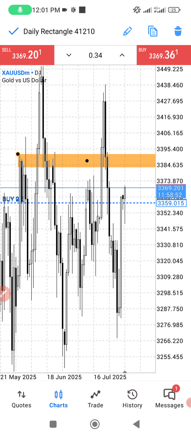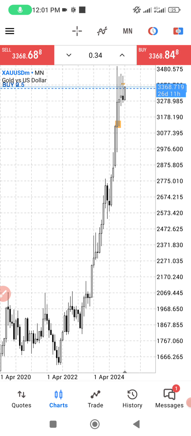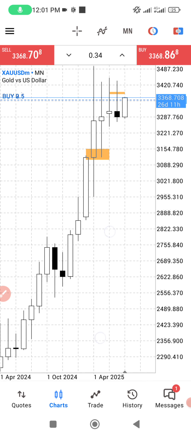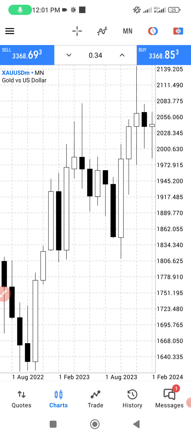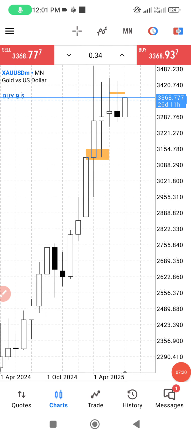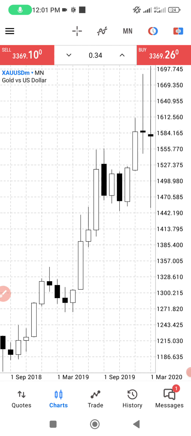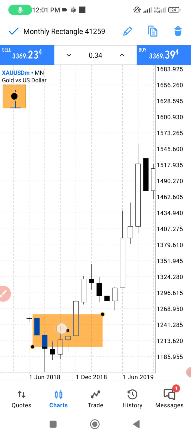So that is it. Right now I will be in the monthly time frame. So we are talking about order flow. Okay, the topic is order flow and re-entering on Xauusd and Forex synthetic market. And so right here you see that we are on the monthly time frame, but I really want to use the yearly time frame. But because you can just combine the months up to 12 months to get a year, you can visualize it. Okay, so we have this sharp supply zone,